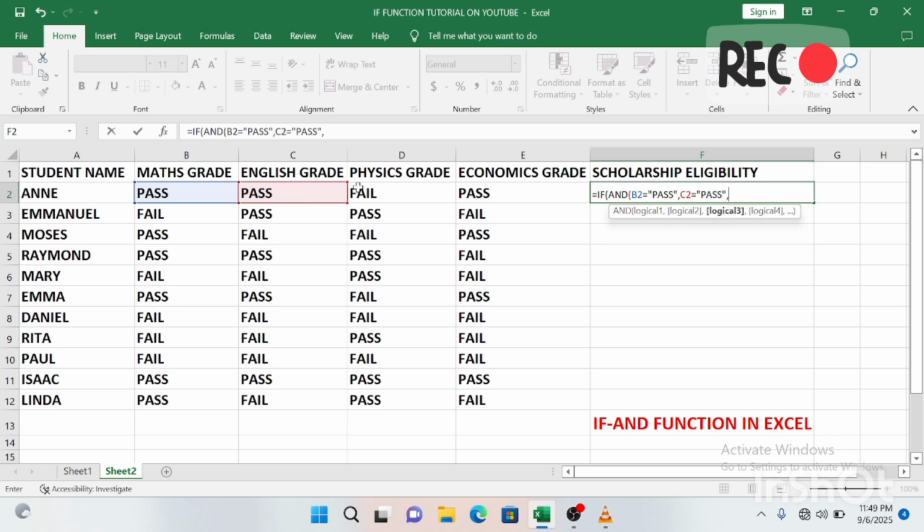comma, then you tap on the second subject, which is physics. You go in with equals, in quotation, pass, comma, then you go in with the fourth subject, which is economics. You tap on it, then you go in with equals, in quotation, pass, then you close the bracket for this, then comma,